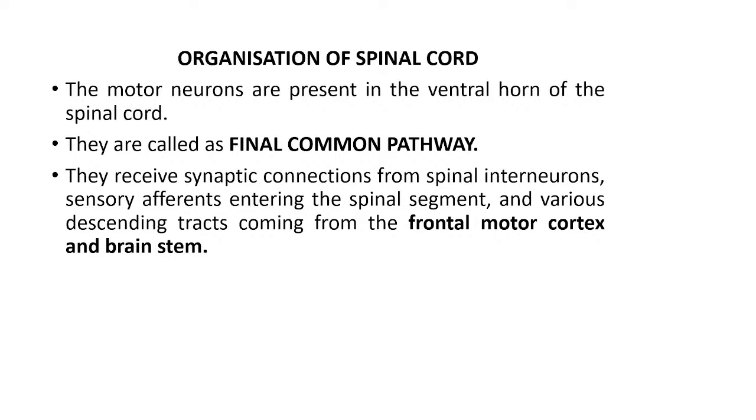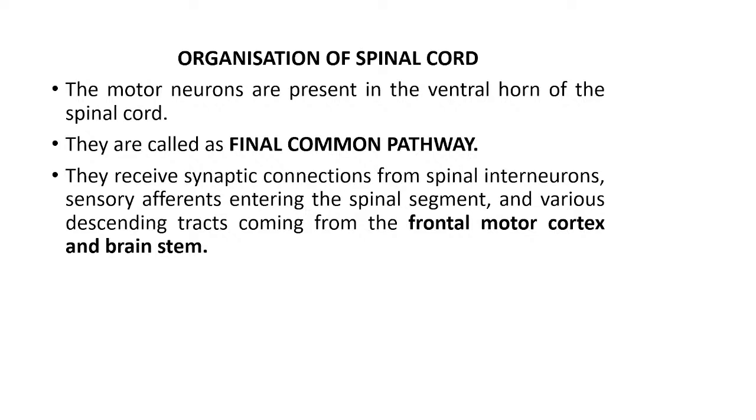Interneurons are shorter neurons having shorter axons which lie within the gray matter, and they take information on one hand from the spinal neuron, and on the other hand give it to the motor neuron. So the lower motor neuron present in the anterior gray column of the spinal cord, which supplies the muscle, is receiving inputs from spinal interneurons, it is receiving sensory input from the afferents which are entering through the dorsal horn, and from the